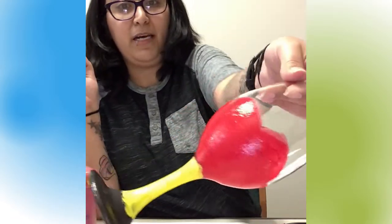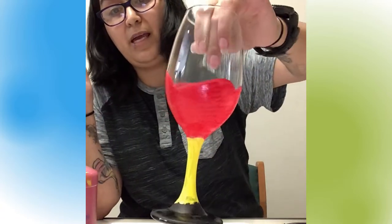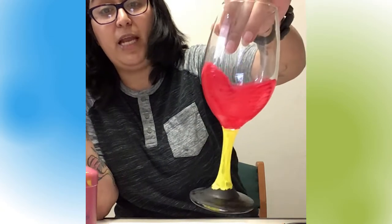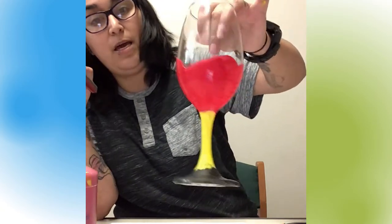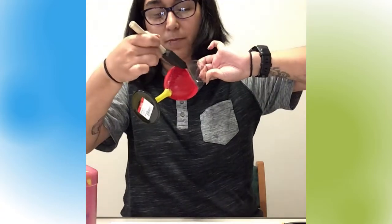Okay, so you can see it's pretty opaque now. You can't really see through it. There's still some spots that will need a third layer, which I will be doing shortly. But you can see that it's creating these little lines, which again, it doesn't have to be perfect as long